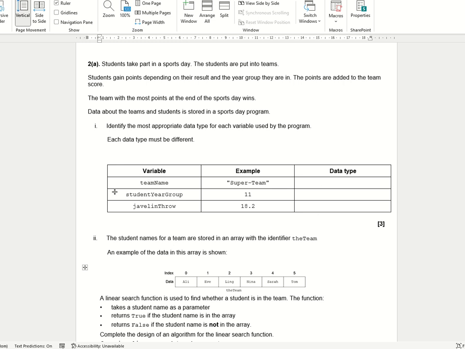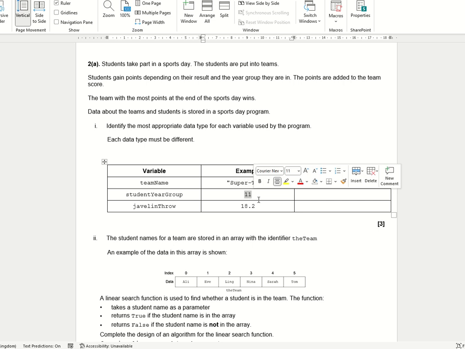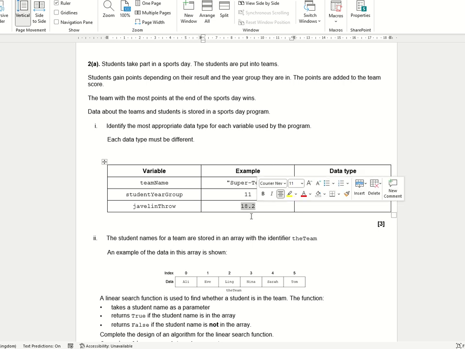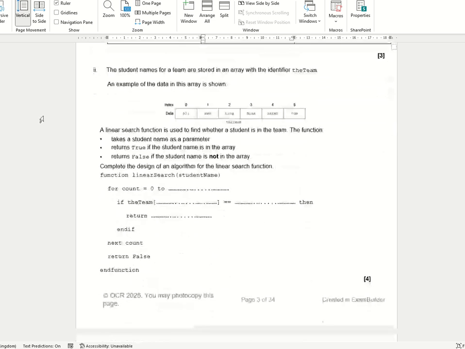We've then got a question about data types. It is asking you to identify data types for these variables, and it gives you the example data. That is a string, that is an integer, a whole number, and that is a real or a float number because it's a decimal. Moving down, this algorithm question is asking you to fill in the gaps to write a